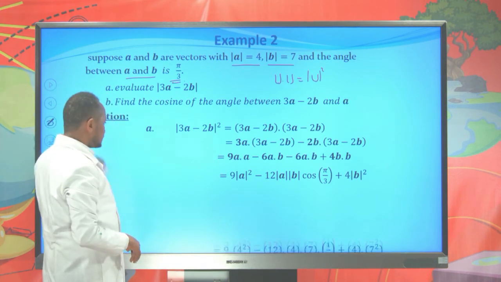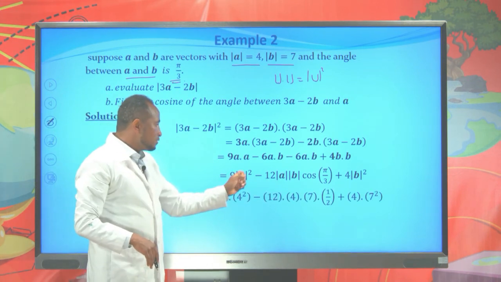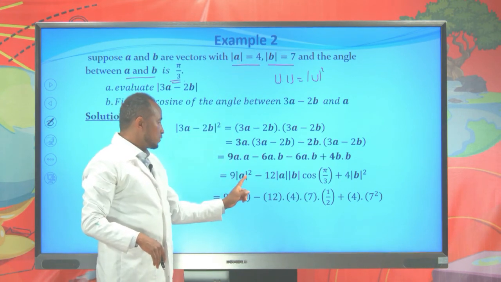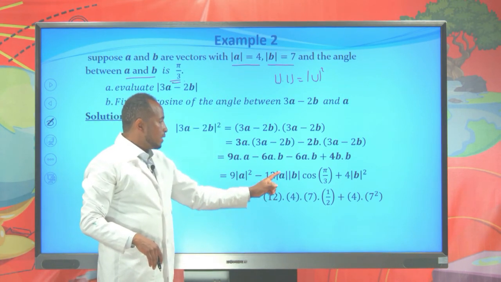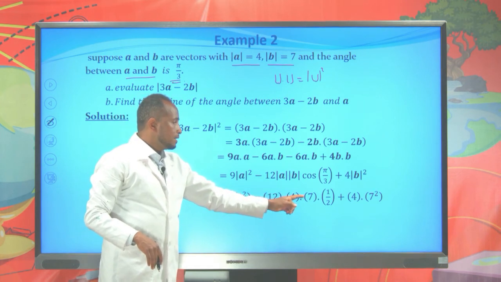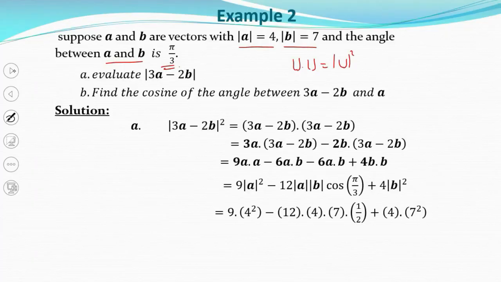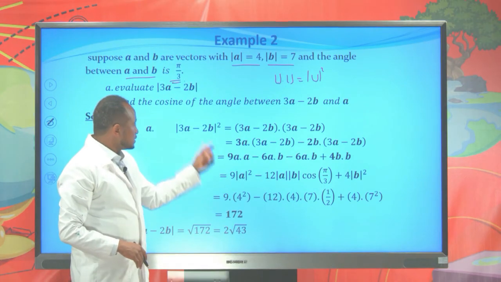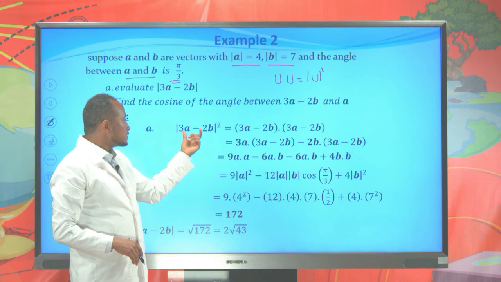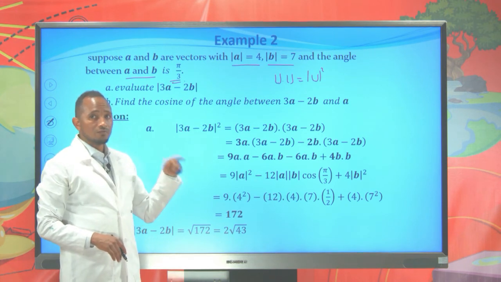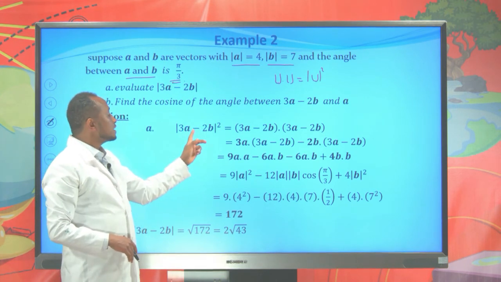So this is equal to 9 times the magnitude of a, which is given as 4, so 4 squared, minus 12, magnitude of a is 4, magnitude of b is 7, cosine of 60 degrees is 1 over 2, and the magnitude of b squared is 7 squared. When you compute this, you get 172. And since this 172 is the square of the magnitude of 3a minus 2b, and we are asked to find the magnitude of 3a minus 2b,